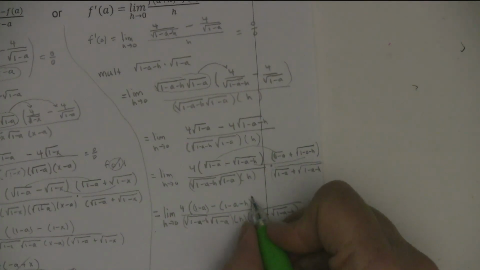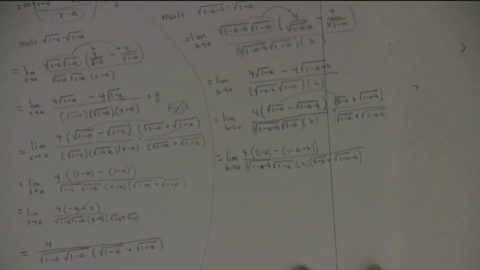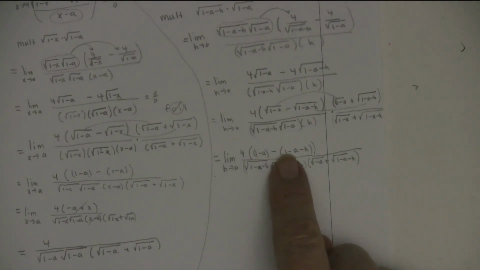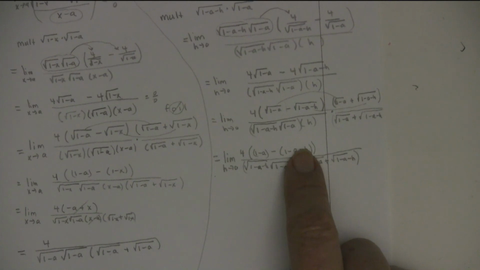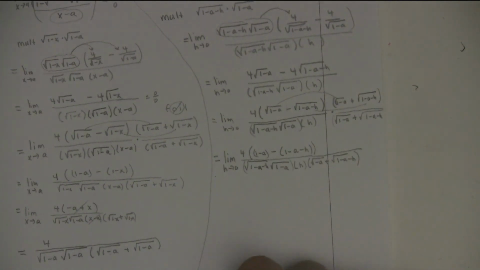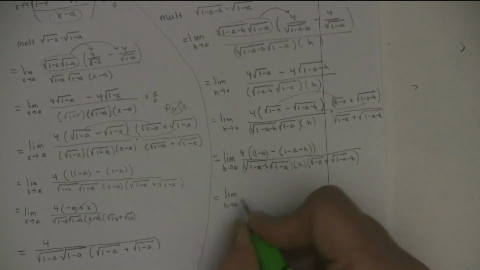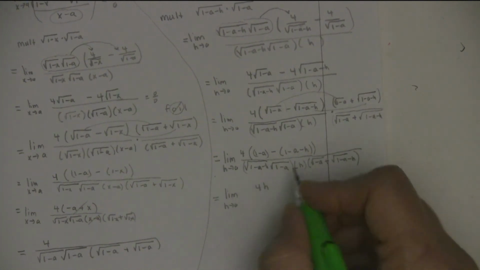And so what happens up there in the numerator is I have 1 take away 1, which is 0, negative a plus a, which is 0, and minus, and then h, right? And so minus times negative h is a plus h. So I finally get here the limit as h goes to 0 of 4h, the rest of it went to 0,